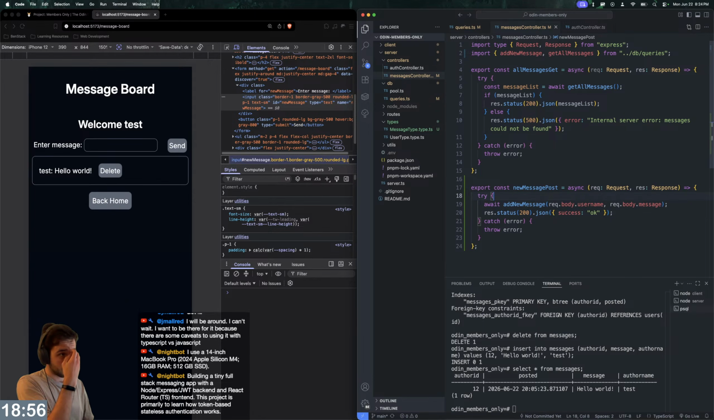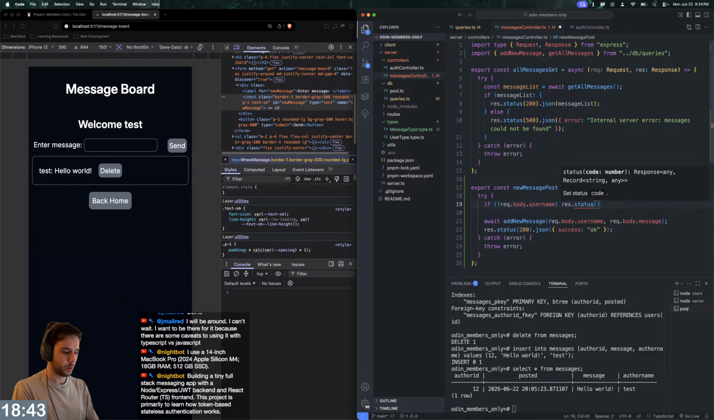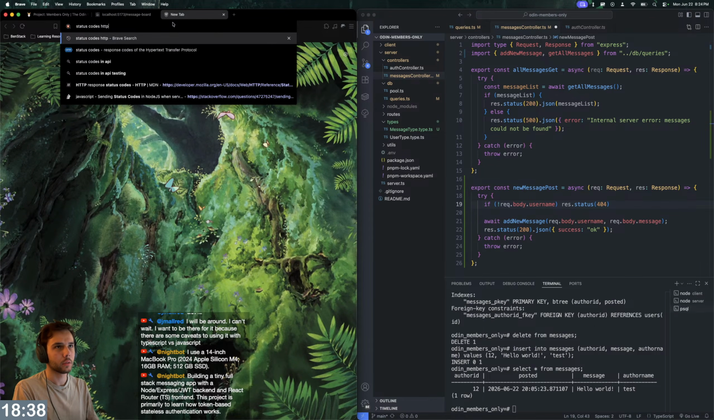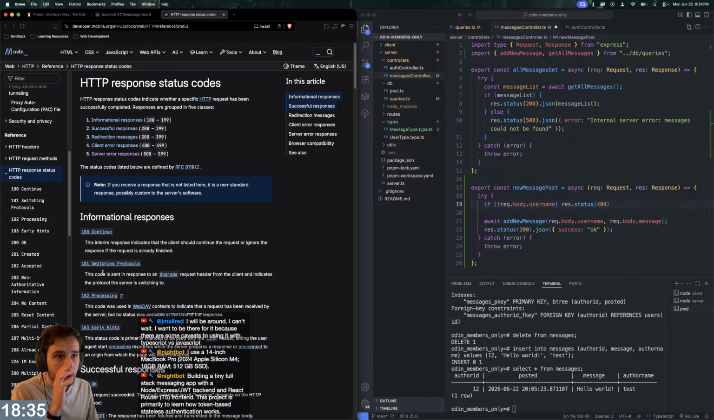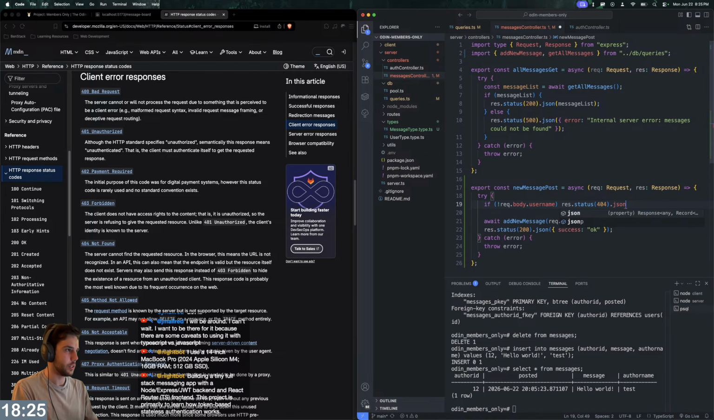Something like this. But then we first need to check whether the username or the message are defined. So we can say if req.body.username, then res.status 404. I guess it would be 404. Let me look at the status codes. 404, not found. Server cannot find the requested resource. Yeah, so that's right. So 404 .json error, user not found,